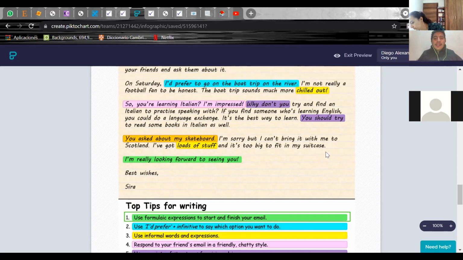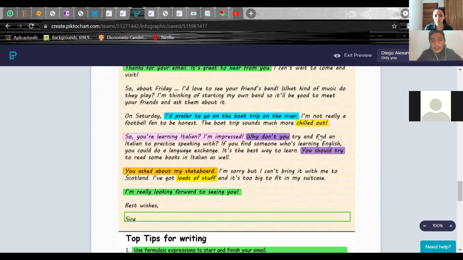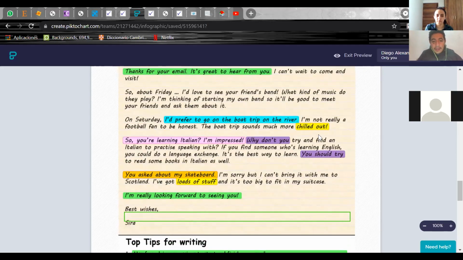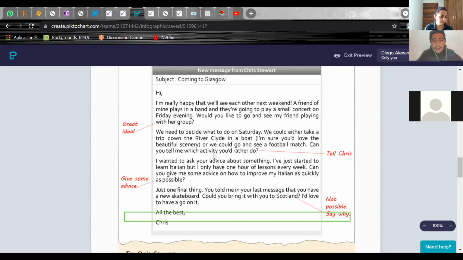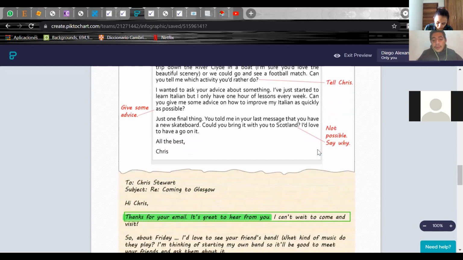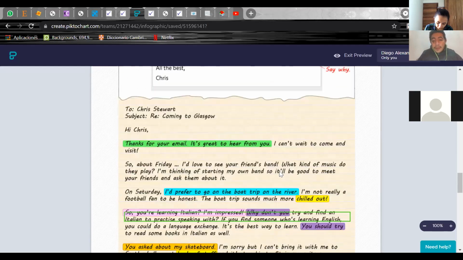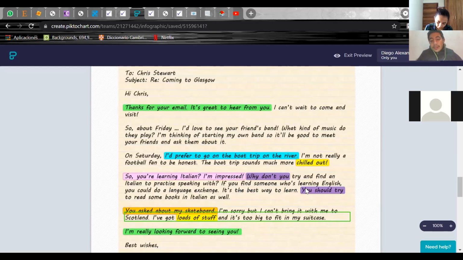maybe this is quite common for you because you will find in an email like this that you will have to respond. So you have to focus on specific details. Maybe if you have any question from your friend, your imaginary friend in this case, and that you have to suggest something. So for this part it is important for you to use these expressions like why don't you or you